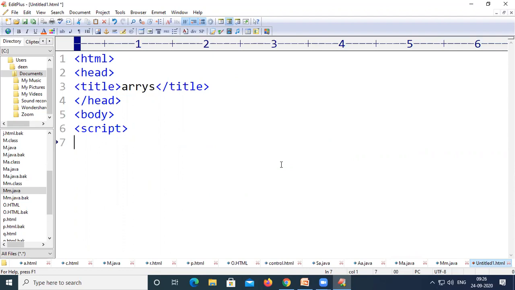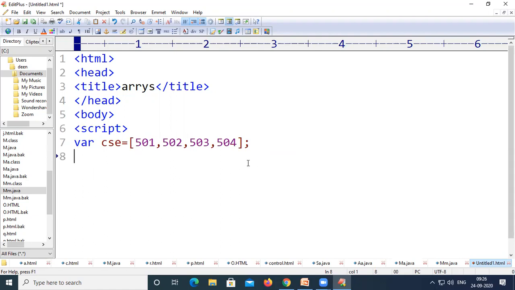Inside the script tag, let us write a variable. The name of the variable is CSC, and it is going to store some values: 501, 502, 503, 504. These are the values I want to store inside the variable CSC.